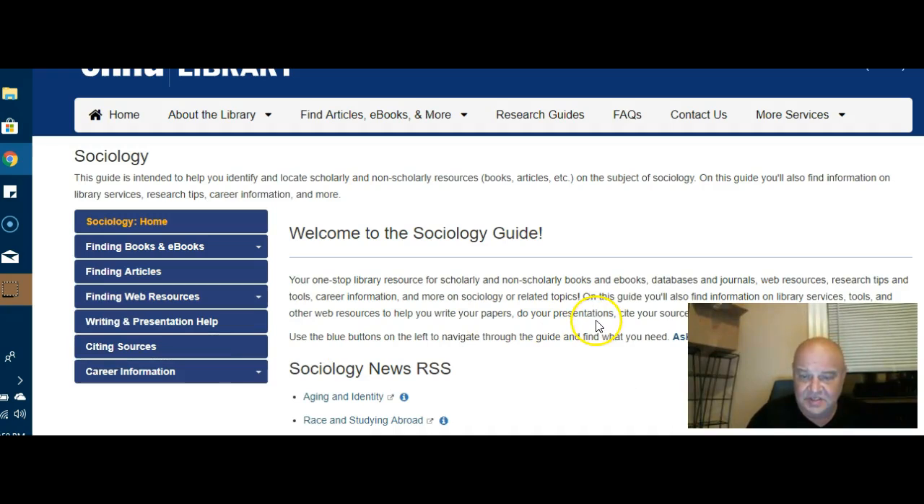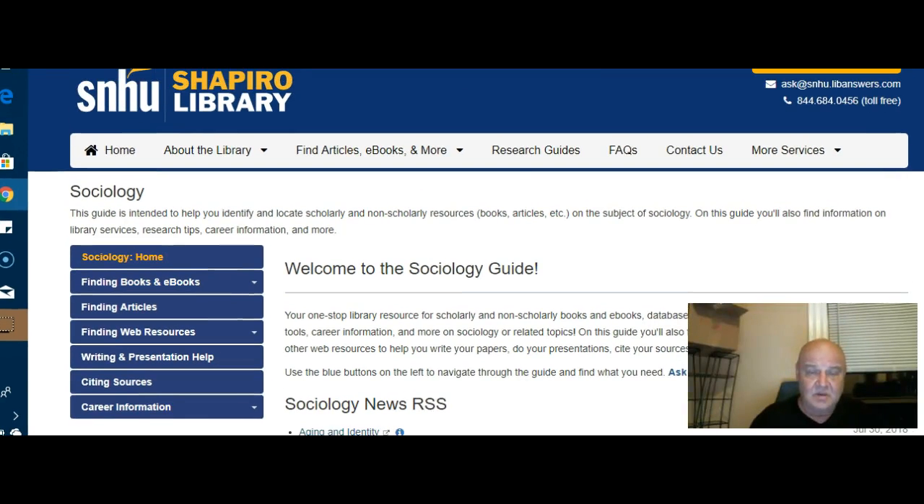Welcome to the Sociology Guide. Your one-stop library resource for scholarly and non-scholarly books. Okay, let's back up for a minute. The first thing you're going to do, to get started looking for two articles, is to click on Shapiro Library from the SNHU website. And that is up here. Then you're going to go down, and when it says Research Guides, you're going to click there, and then all you have to do is type in